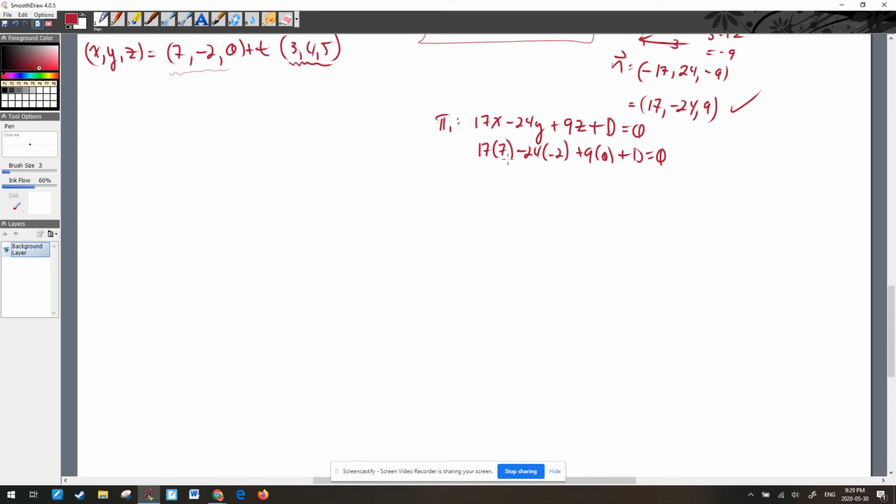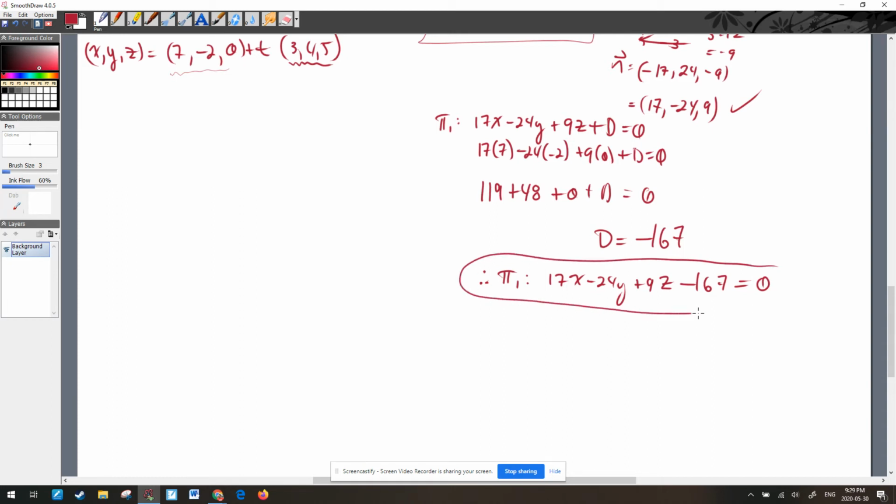So 70 and 49 is 119, plus 48, plus 0, plus d, plus 0, plus d equals 0. So that's 150, 167. So I think d equals negative 167. Now, none of that's all in my head, so there's a good chance that I made a mistake, but the process remains correct. So 17x minus 24y plus 9z minus 167 equals 0,